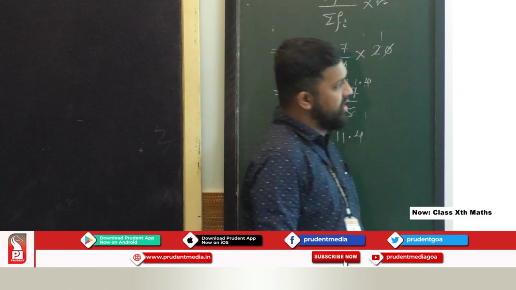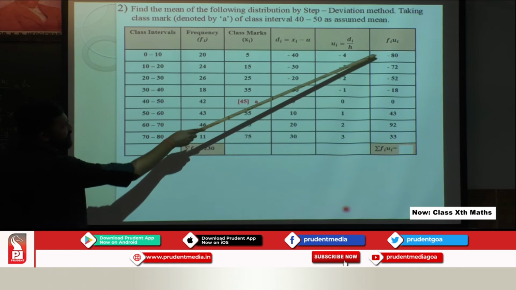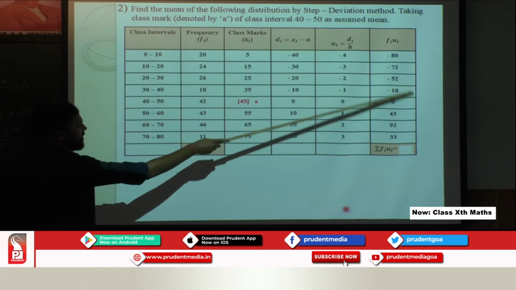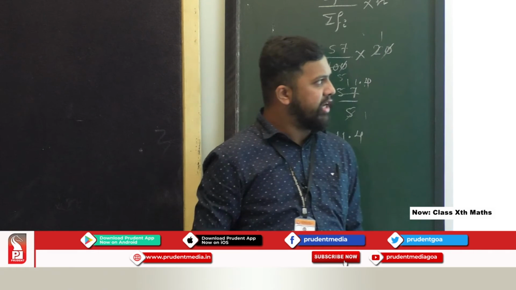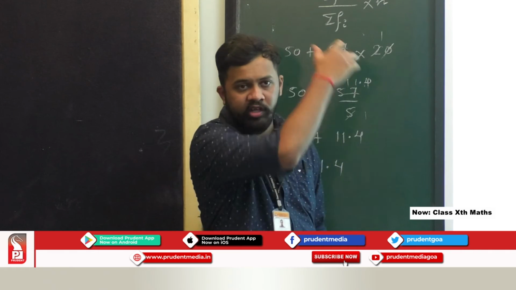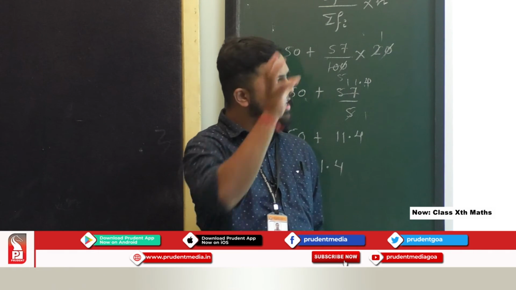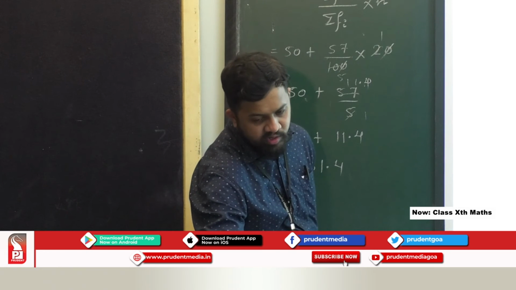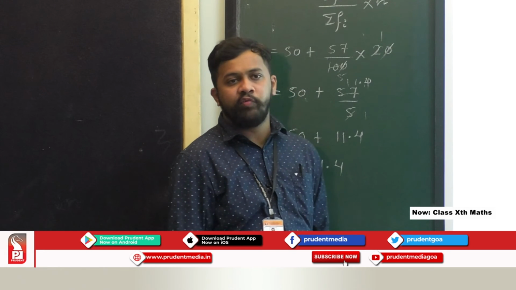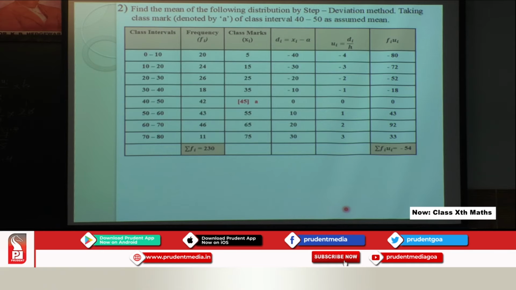The next is, there are no numbers which you can easily cancel. So what you have to do, you have to add these 4 numbers first and then add these 3 numbers. That becomes simpler. If you are getting confused in adding all the numbers together, you can just add one set of numbers, the negative numbers, and then the other set of numbers. And you will get the answer as minus 54.